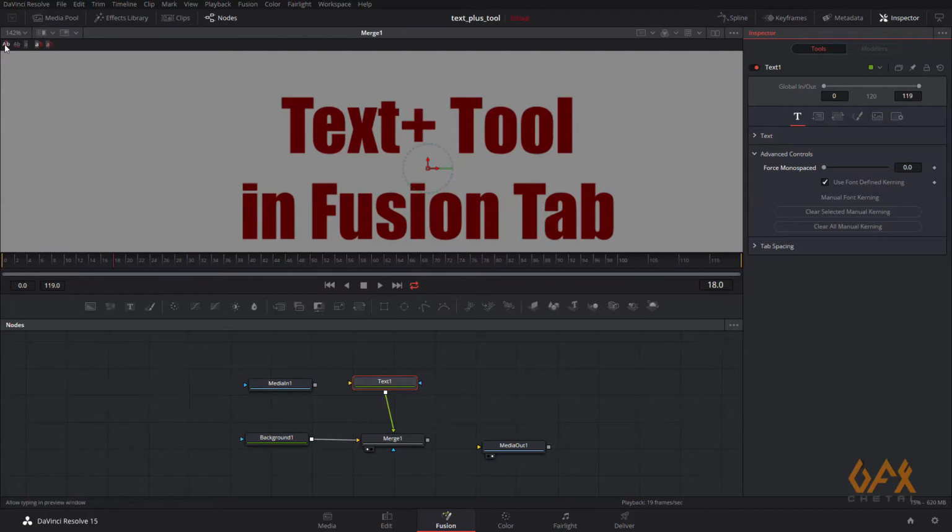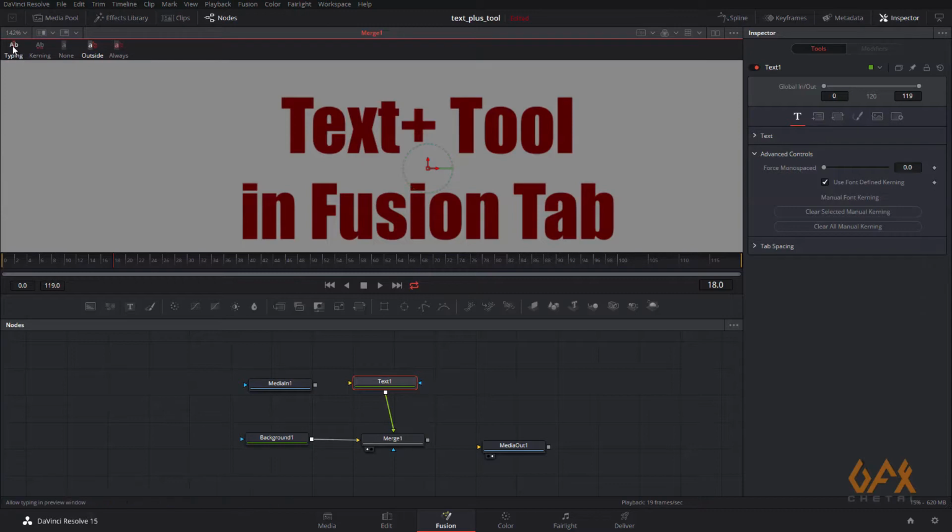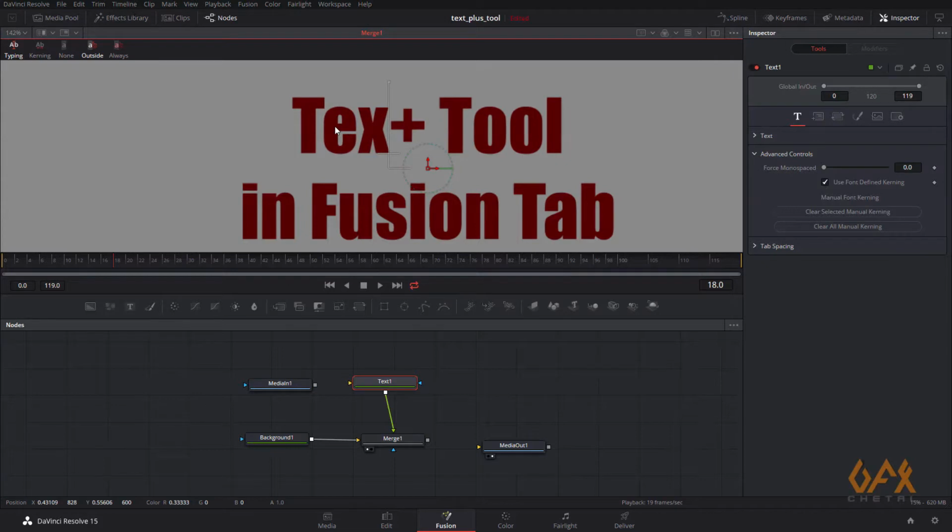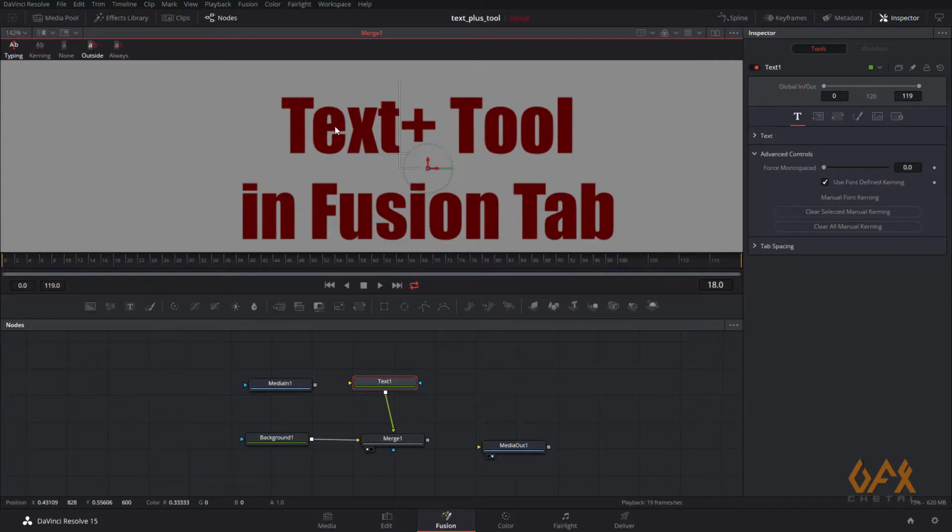Now here you have some options, so I just right click over here, icon, large size, right click over here, button style, icon and text label. So here the first option is typing. So now you can change your font content or text content within your viewport.